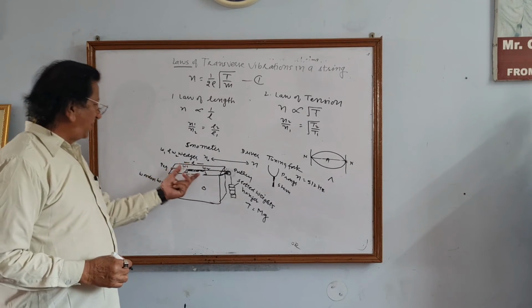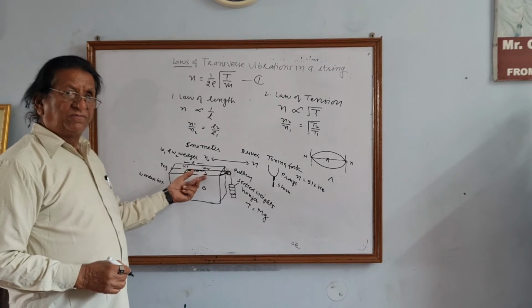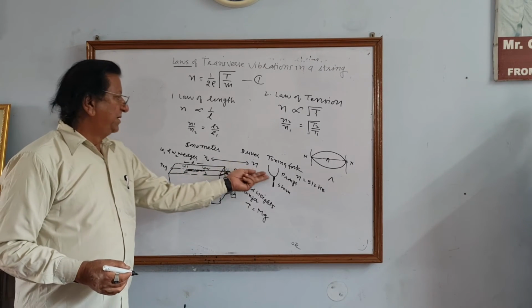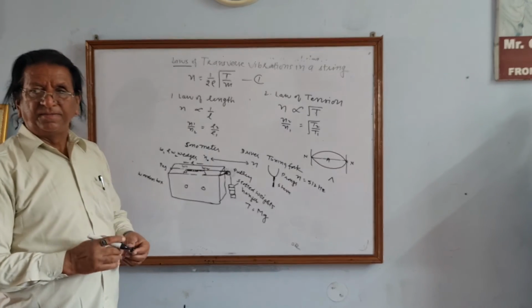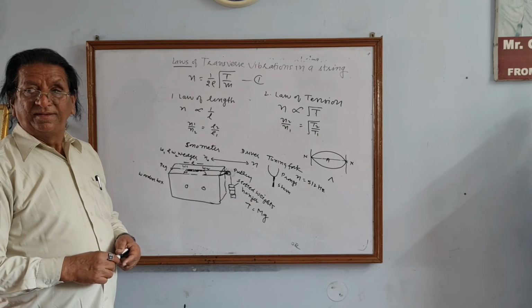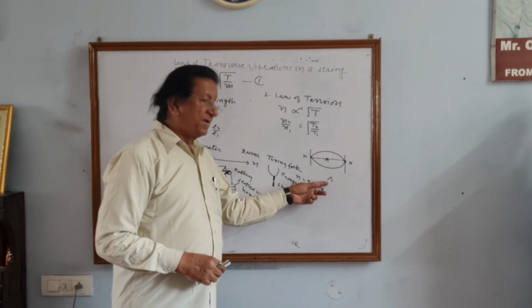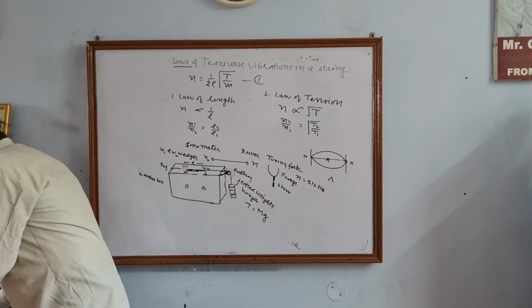This is the length of the vibrating part. Okay, it is not that you can keep the two wedges anywhere. Then you make this tuning fork produce vibration in the string, and if resonance has not taken place, then this paper rider will not fly off. Tuning fork,